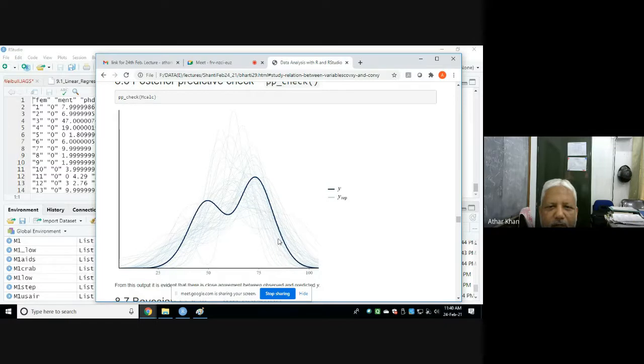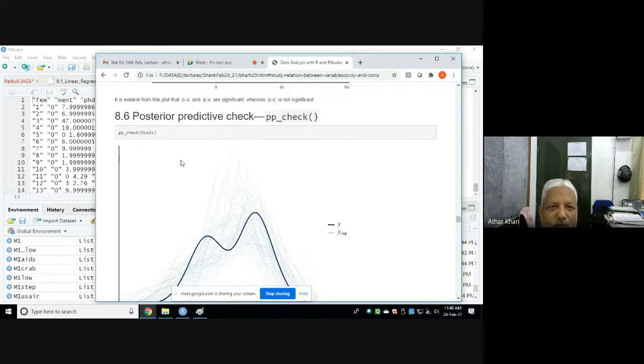This is the density function of the observed root length, and these are simulated observations. Since observed density is well mixed with simulated density, virtually the predictive performance of the model is good. The function is pp_check, posterior predictive check.